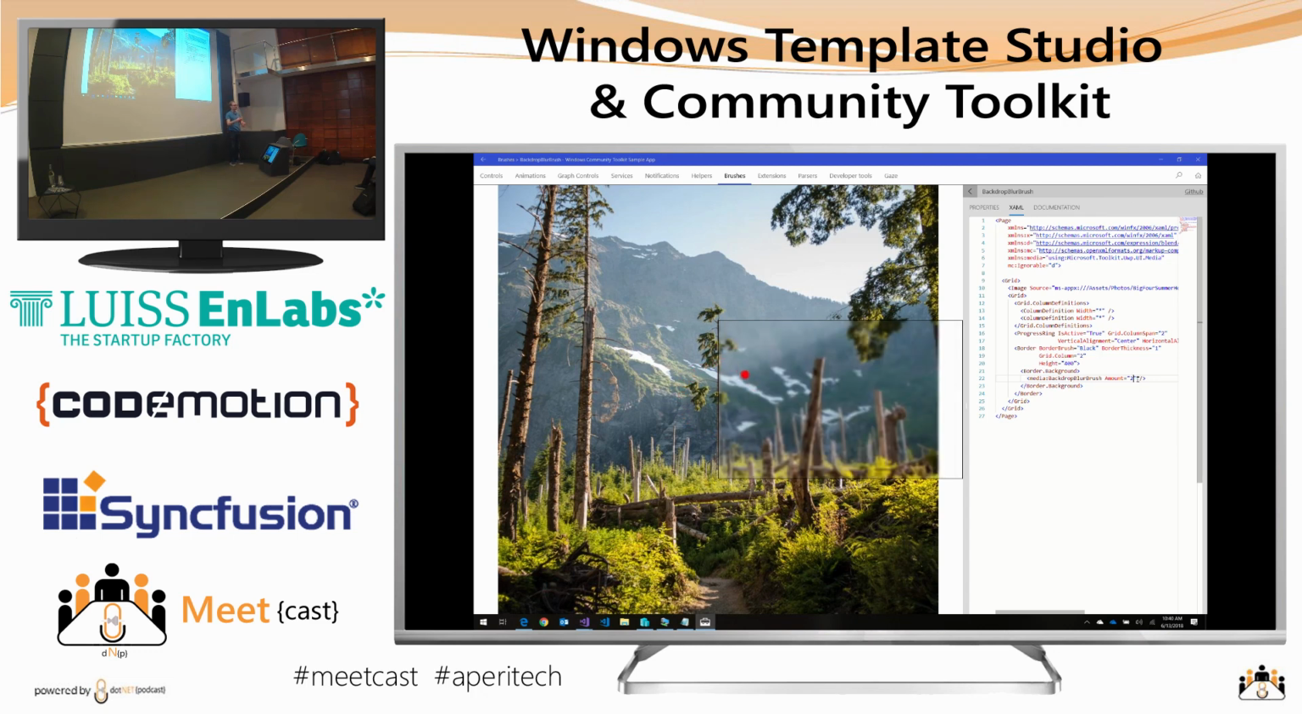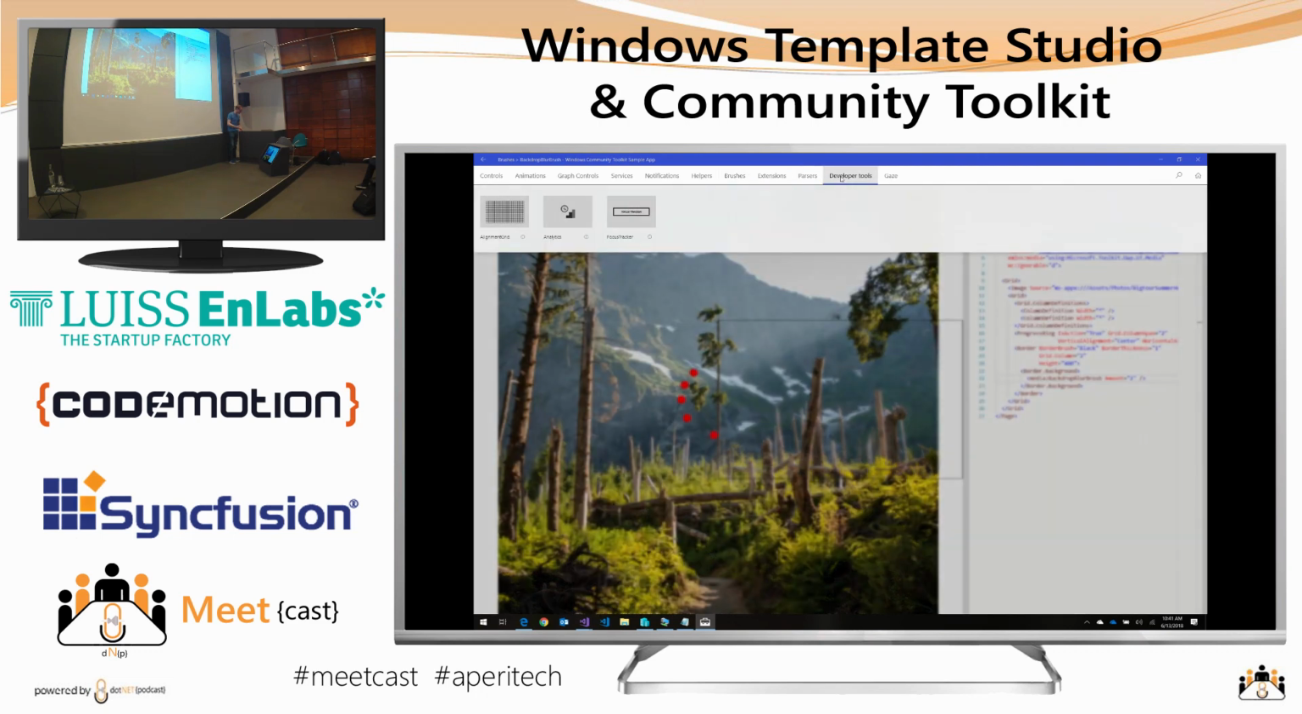So you can play and tweak little by little to see what works best for you, and then bring it into your application. And this is a public NuGet. This is also an open source project, just like Windows Community Toolkit and Windows Template Studio are. They have additional developer tools. One interesting thing that they're rolling in also is,